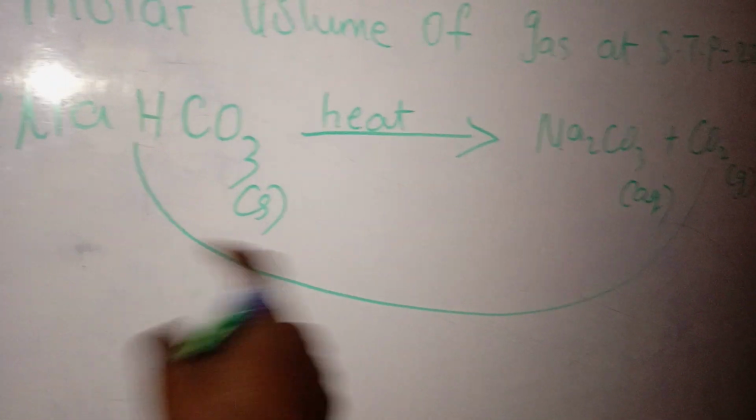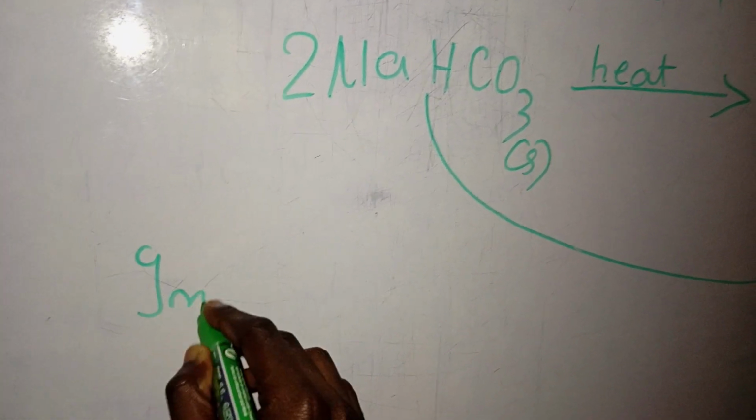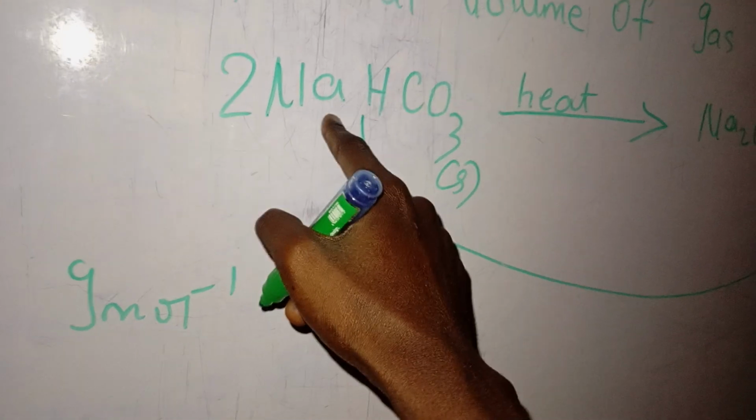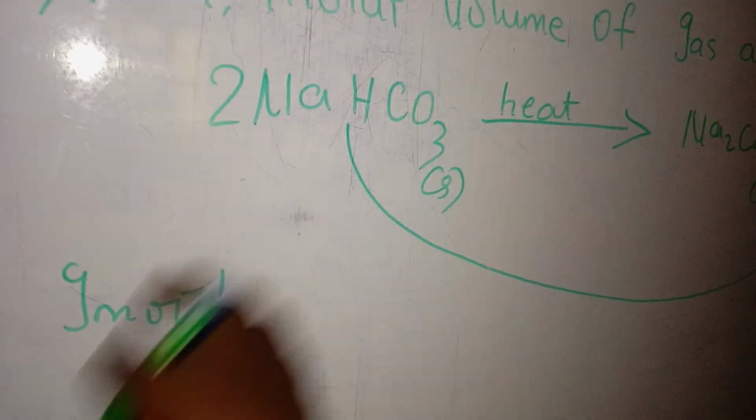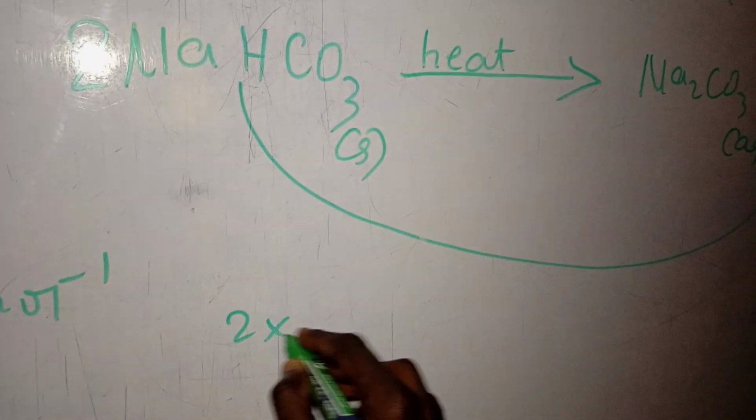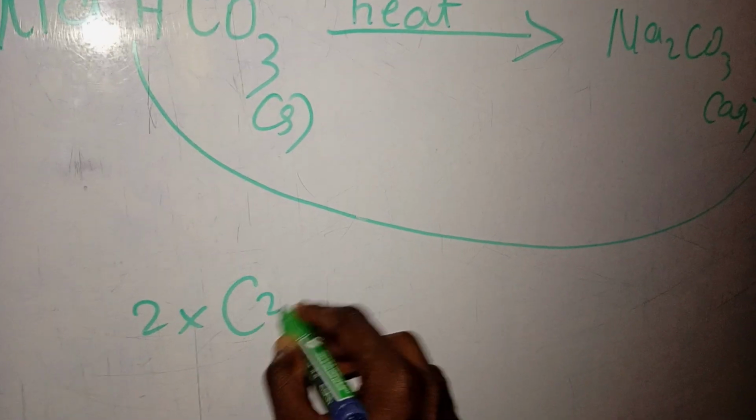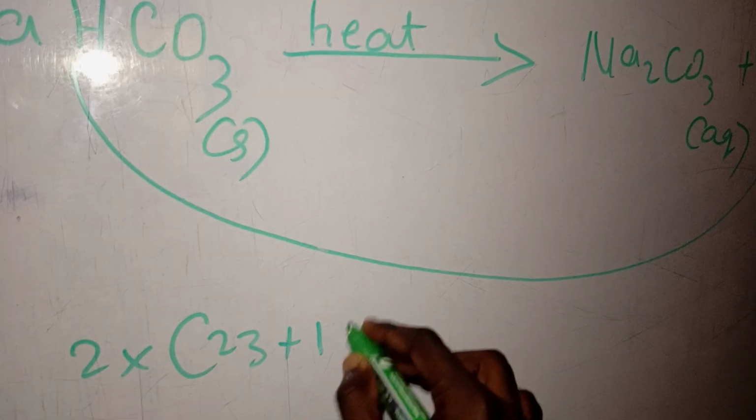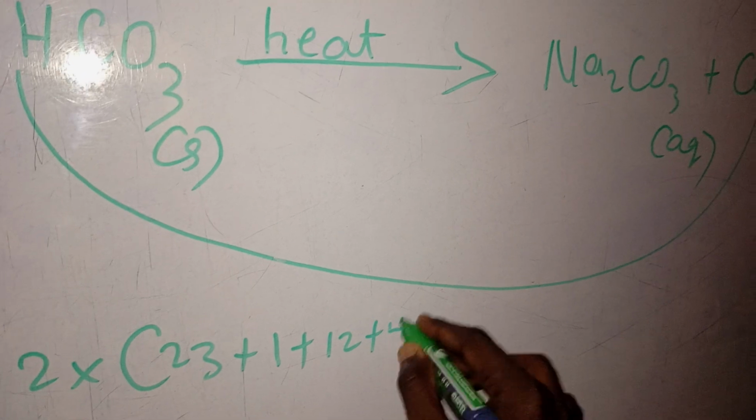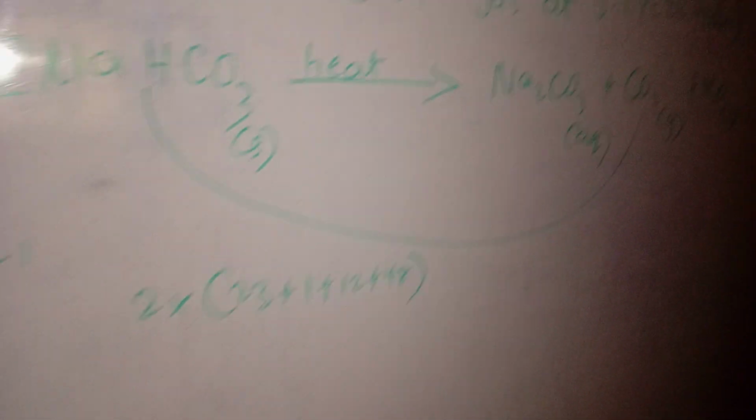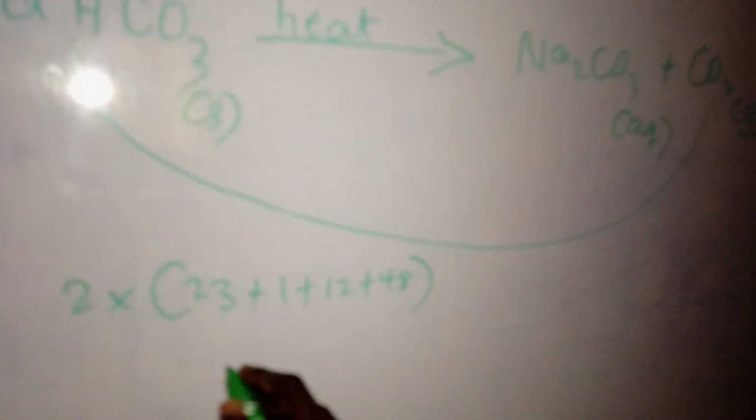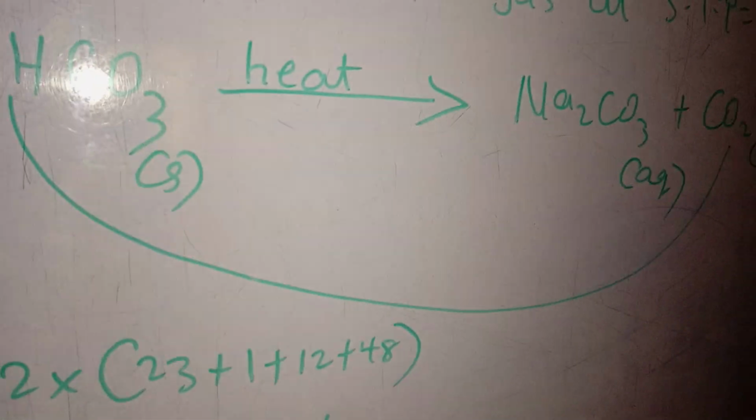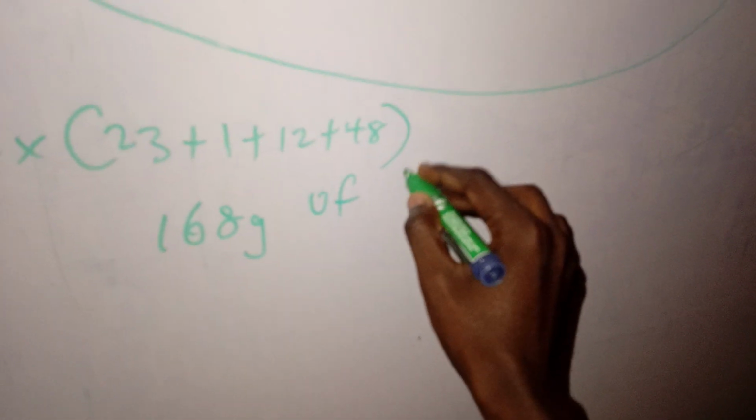Equate it together. Remember that molar mass is gram per mole. It means for 1 mole of a substance, you can get the mass. Now this is 2 mole, so this will be 2 times. You can do it for NaHCO3. That will be 23 plus 1 plus 12 plus 48. I want us to get this thing right and correct. So here we have 168. When we multiply everything, this will be 168 gram of